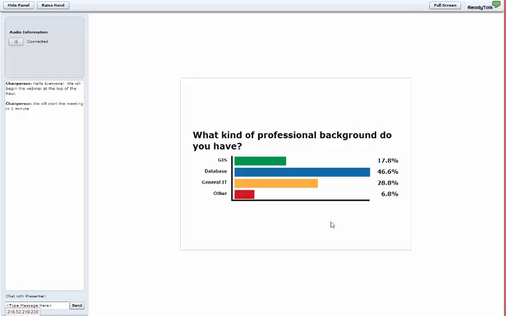Adam, do you have any comments about this? No, the poll looks good. That's about what I was expecting. A lot of people with database background, I assume you're wanting to get started with PostGIS, and a few with GIS. Yeah, so more database, more general IT. That's about what we were expecting, but I think this will be a good webinar for all. So we're ready to get started. Good, and I will turn things over to you and go from there.